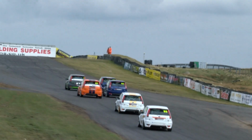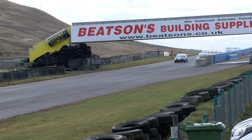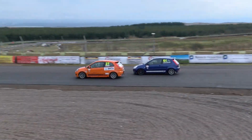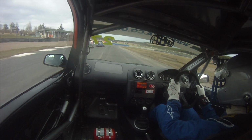Let's see who has got the better engine up the main straight. Is it going to be McCauley, or is it going to be Russell Morgan? So that got all very close going in towards the hairpin. Morgan's on the inside. Will he have it in towards Duffus? Is he brave enough? Yes. Back up and through on the inside for Russell Morgan as he goes through in car number 37 there, as